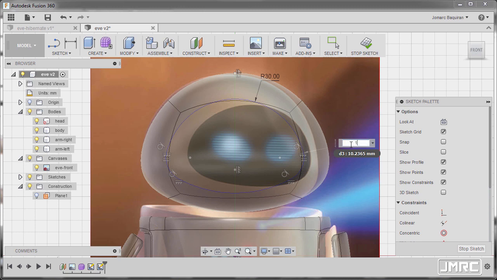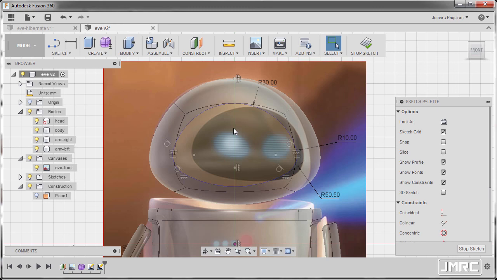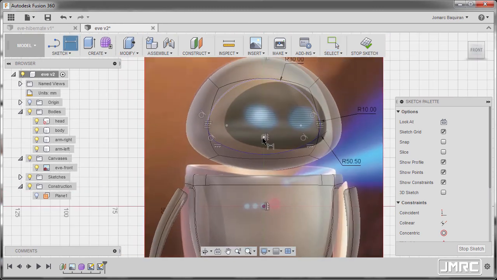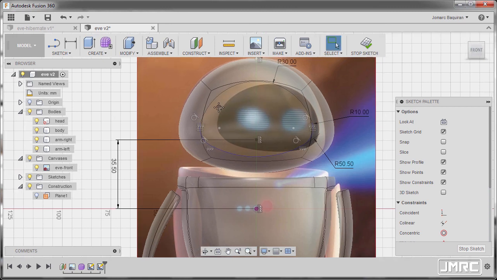Hitting escape. And let's now grab our dimension, hitting D, left click this arc, keying in 30, and this arc, keying in 10, and this arc, I'm gonna key in 50.5, hitting enter, and hitting escape, hitting D once more. Let's just dimension this one and this one. I'm going to key in 35.5, hitting enter, hitting escape,